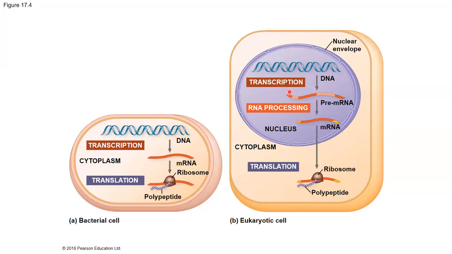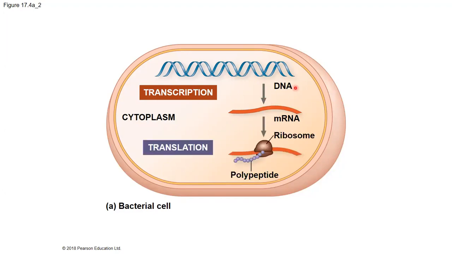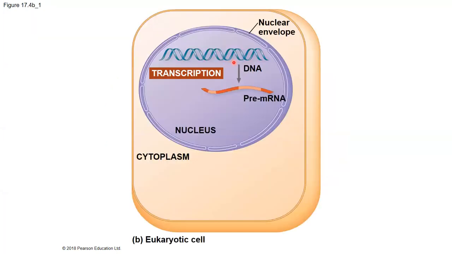And in prokaryotes, DNA is transcribed into mRNA, and then mRNA is translated into a polypeptide using the ribosome. Okay. In eukaryotic cells,